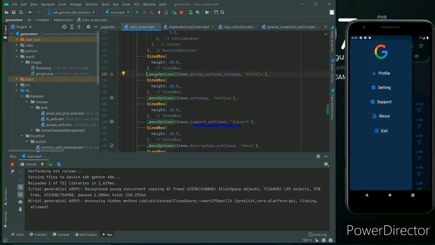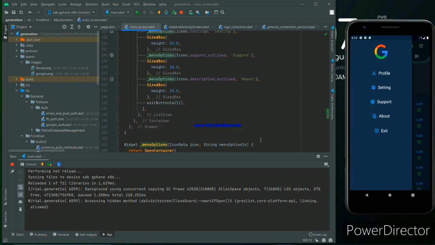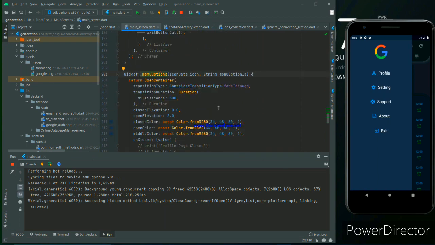So in the menu option we pass two parameters, one is the icon, what profile icon will be shown there, and the other thing is the menu name, that's the particular name, just like profile, settings, support, that is the menu name, and that's the icon we passed here. Okay, in the menu icons, and after giving the proper gap of size 10, that is a symmetric gap between every menu option, we are providing menu options just like settings, support, about, and all other stuff as well. So go to the menu option, and